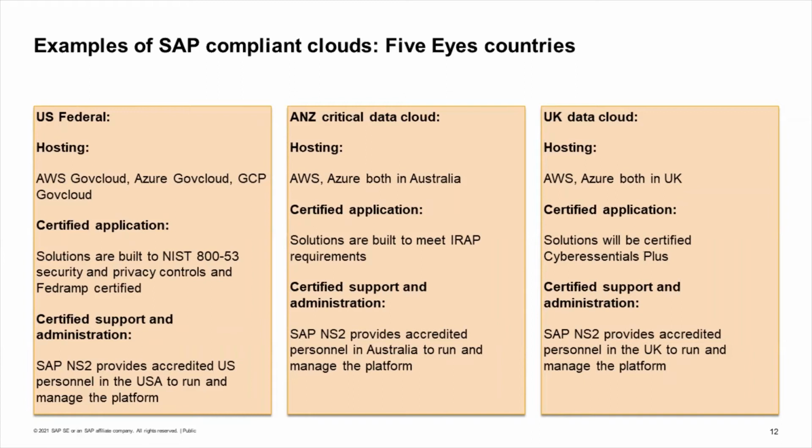They're based in the US, and they have been running these platforms for US federal organizations. The same organization, SAP NS2, has now helped us to expand to provide a critical data cloud based in Australia. This is for Australia and New Zealand federal public sector customers. So we're using AWS and Azure in Australia, and these solutions are being built to meet, for instance, the IRAP